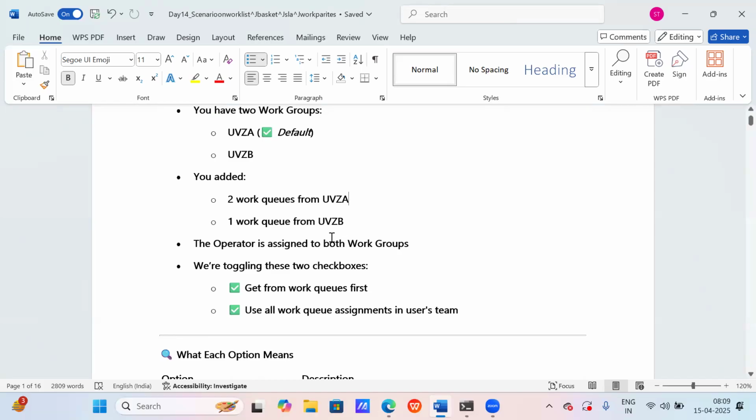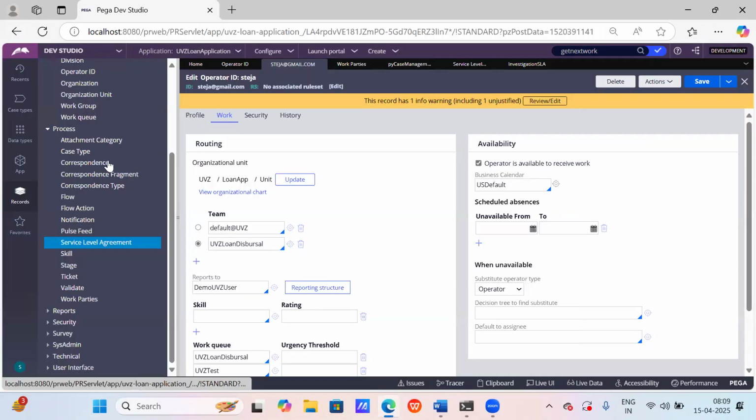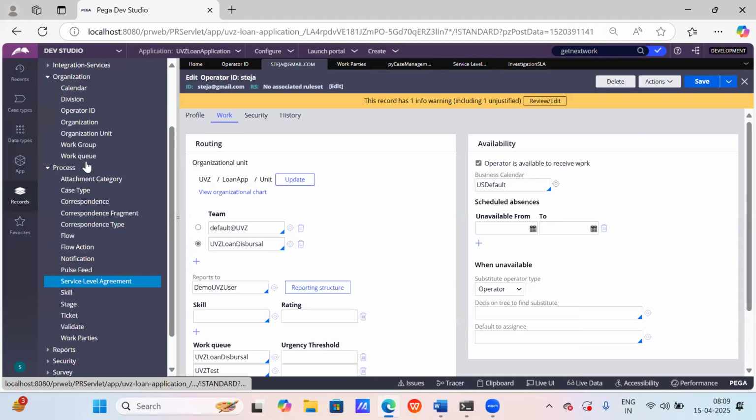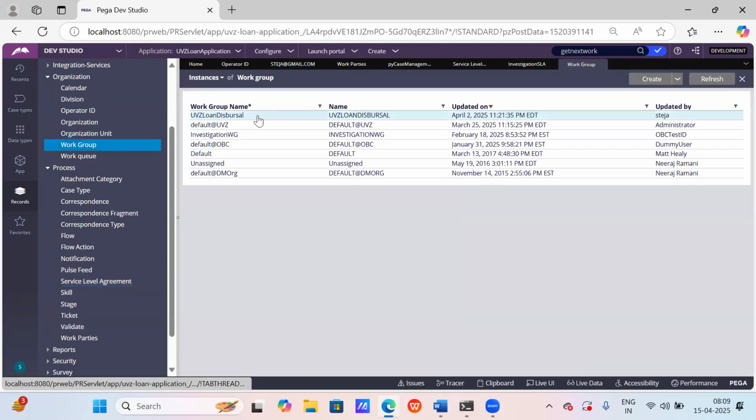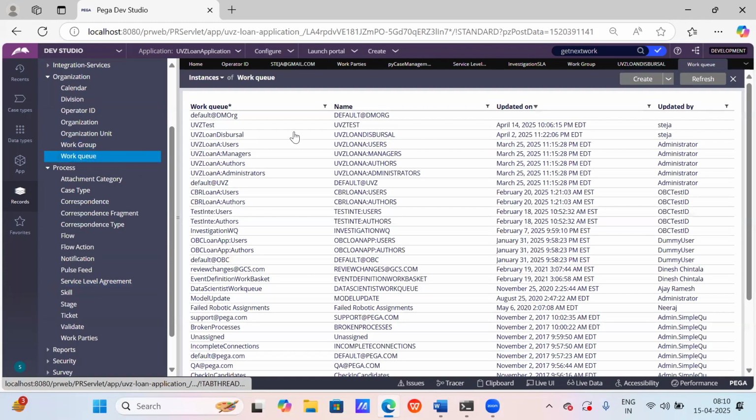If I open one work group, I'll show you. You can find the work group and work queue in the organization tab. If I open this work group, for this work group we will have one default work queue. For each and every work group, we'll have one default work queue, and we can have multiple work queues. If I open these work queues, I have already created one test queue to show you.